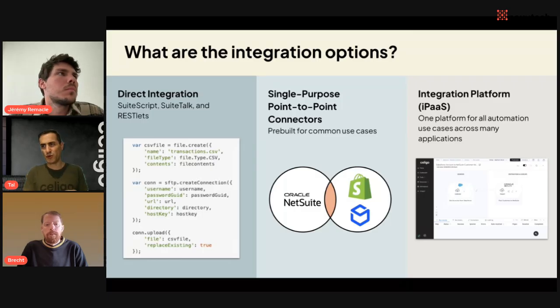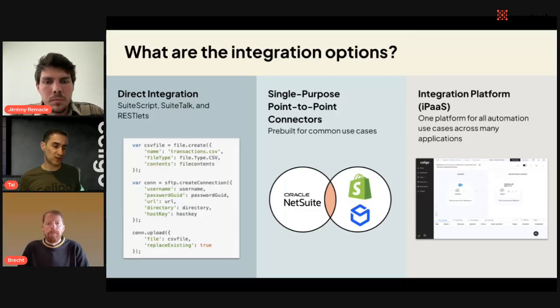And if you have a super customized situation where you need to build something completely bespoke, it's advisable only if you have a very big IT team that is dedicated to this and has the time to maintain it. Probably also not sustainable in the long term. The other option is to use one of the connectors that are available on the Shopify store or on NetSuite, which are also good for very simple use cases. So if all you need is just to stream data about your order to NetSuite and have that data stored in NetSuite, that's fine. That will serve you